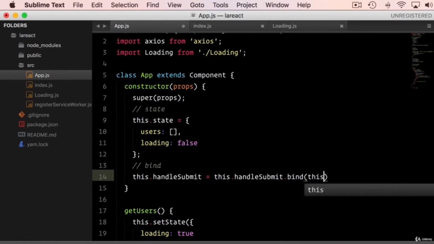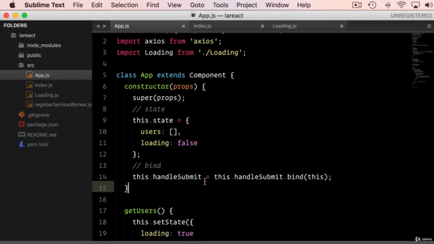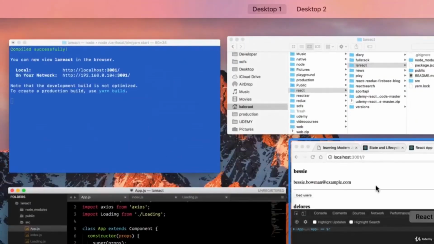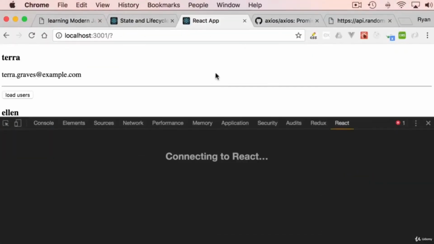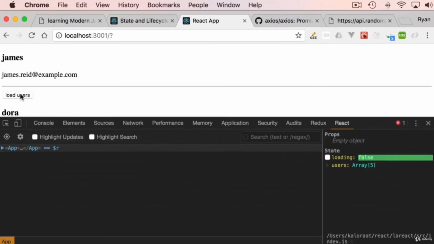So this bind method we use, now this method will bind this method to this class itself. Okay, now if you go refresh, load users, as you can see, the page is not refreshing, it is just showing loading because we're getting more data, but the page is not reloading. Okay,